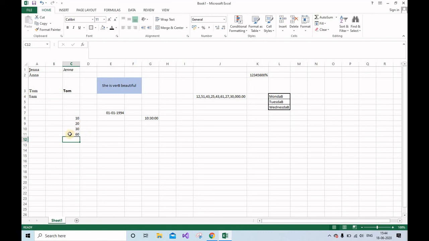See, it is showing you 60. What is 60? Basically 60 is the sum of 10, 20 and 30. Like you can see in the formula bar, it is written equals SUM and then the cell numbers are written, from C8 to C10, right? So this is the inbuilt function or inbuilt formula which we are using. That's why we are using it by clicking over there. But if you want to make any formula, you can make it also by selecting the cells.